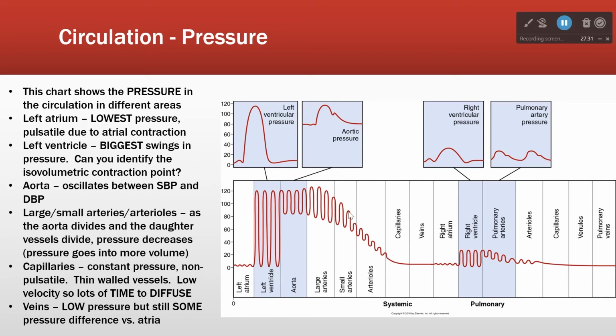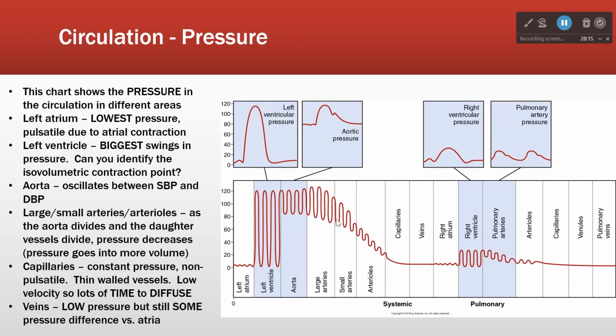Now, as we go from aorta into smaller and smaller arteries, we see that the pressure drops off. The main reason the pressure decreases here is because we're dividing and dividing and dividing. So we're taking the same blood and we're putting it into more vessels, right? Because as you've seen in the anatomy lab, the arteries divide and divide and divide. As they divide, there get to be more and more vessels, so we're putting the blood from the aorta into more and more vessels. So we get a decrease in pressure as we go from aorta to the large arteries, to the small arteries,